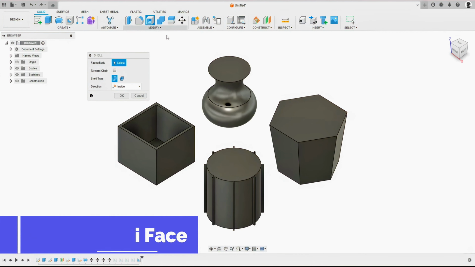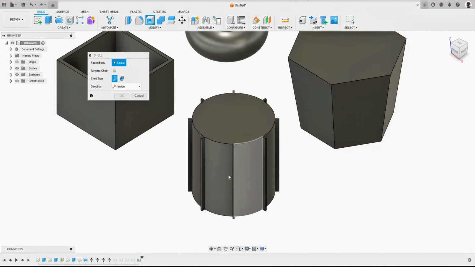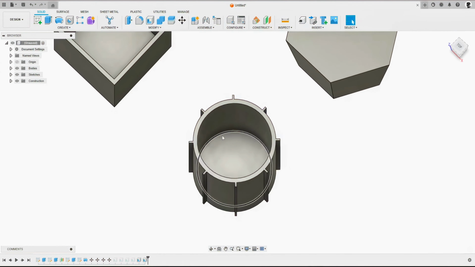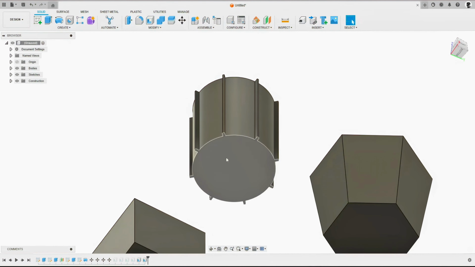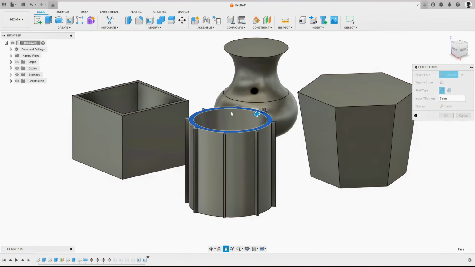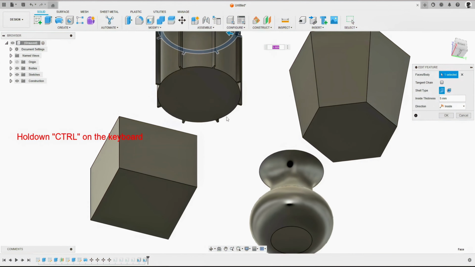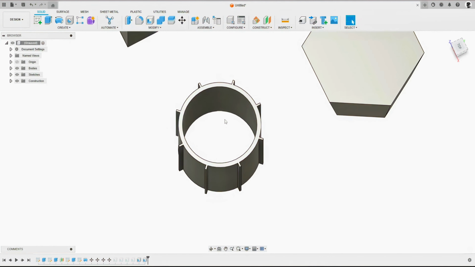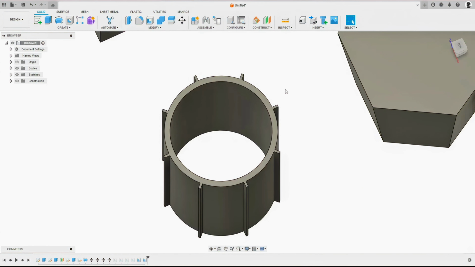Again, we'll come under the shell tool. I'm going to work with this model here. And in terms of faces, let's select this face here, then throw in a value of 5. That's okay. See there, we shelled that out. But if we want to remove this face as well, we can quite simply do that. So when we go back into the feature, edit the feature, and when we are identifying the faces, we just want to hold down Control on the keyboard and then select any other faces which we want to shell. I'll just hit this face here. I'm going to press OK, and now you'll see that we've removed those two faces